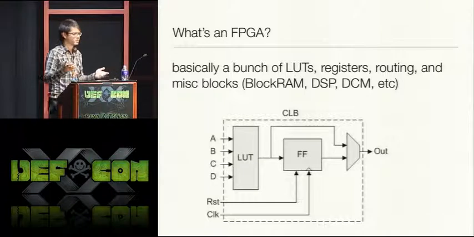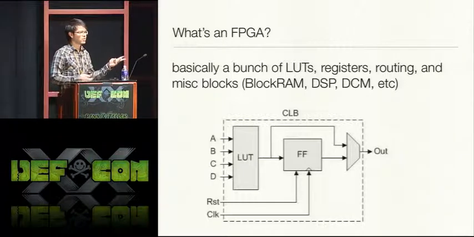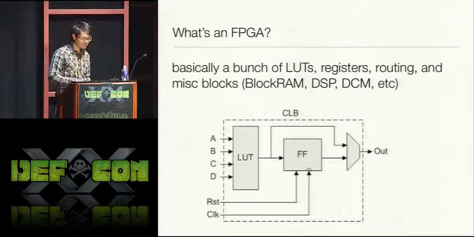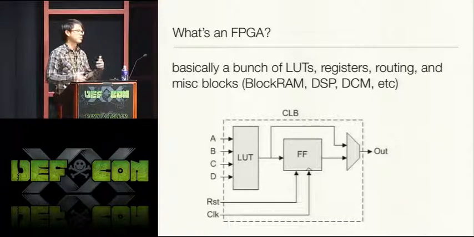So they provide LUTs, registers, routing, and then they provide a few other things just to make things easier, like a small block RAM, which is essentially small pieces of RAM inside the FPGA, just because people like to use FIFOs and all sorts of other general purpose storage elements, and it's a lot more efficient to do it that way instead of using up your LUTs. There are also DSP blocks that implement adders and multipliers and things like that. And DCMs for multiplying clock frequencies, et cetera.